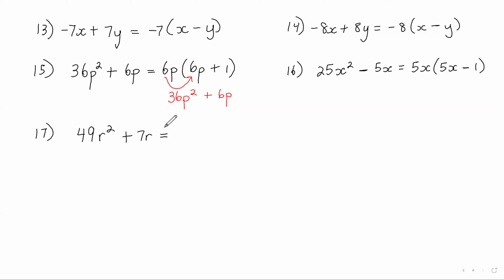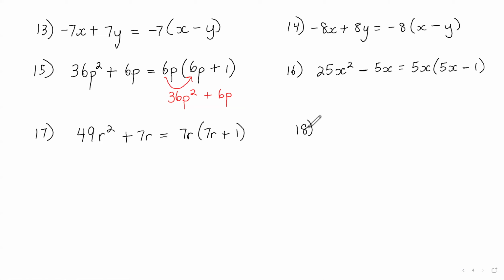It would be 7r, then it will be 49r. Well, no, what am I saying? 7r plus 1. Good, because 7r times 7r gives me 49r squared, and 7r times 1 gives me 7r. Good job. Okay, Joshua,